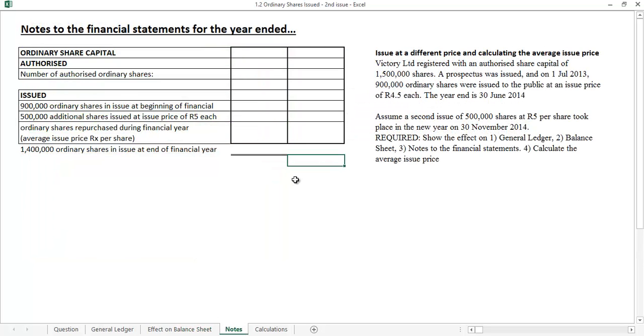Just lastly, the note quickly. Again, we've got our ordinary share capital note. This is going to be for the second year, which is now going to end on 30 June 2015. In the previous year, we had 900,000. Let's start off with the authorized shares. Number of authorized shares is still going to be the